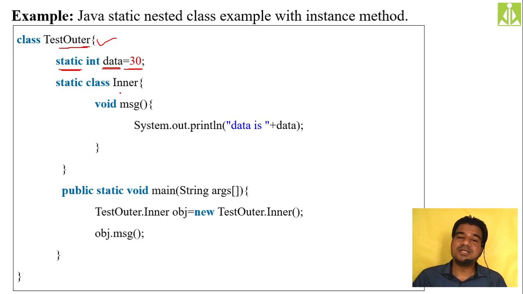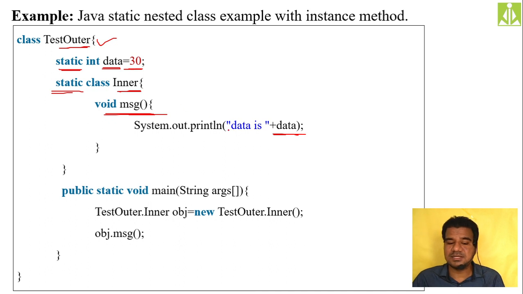Now I'm creating another class as a nested class. That class name I'm giving as inner, and I'm making that class static. Because this class is static, it can access the static content. Inside it I am keeping a normal method inside the static class, and in that normal method I am trying to access the data variable, which is a static variable or class variable. I can access this because this entire thing goes inside the static context only.